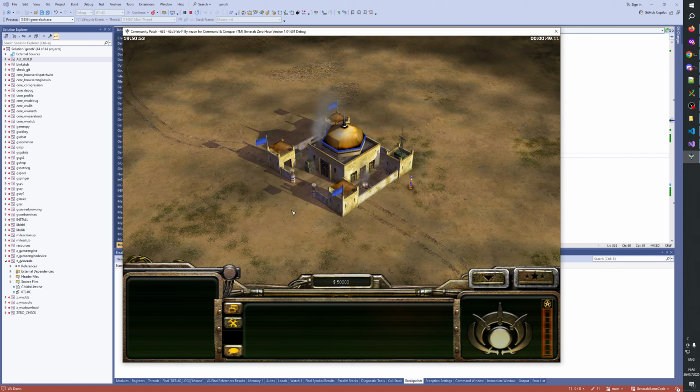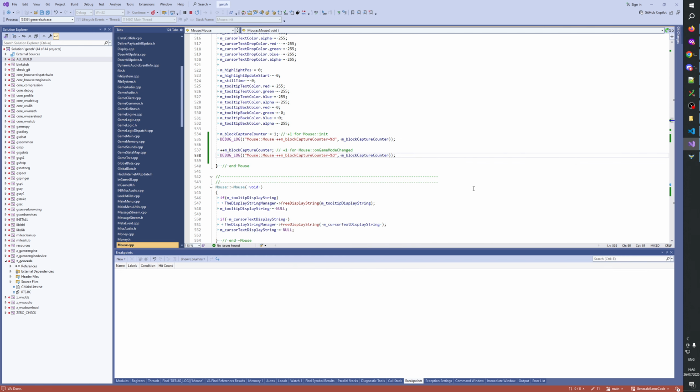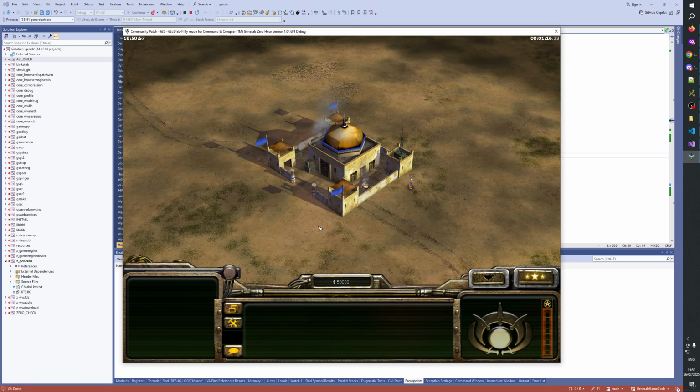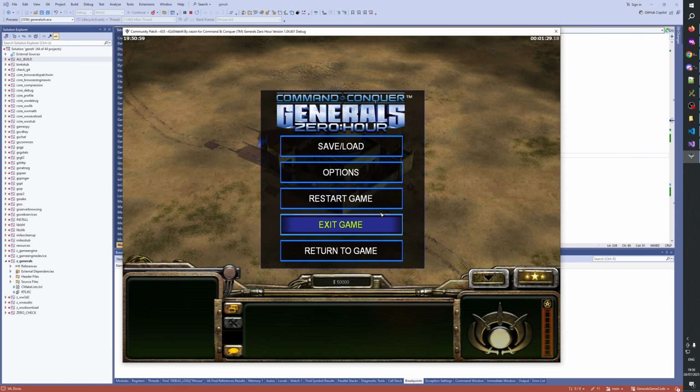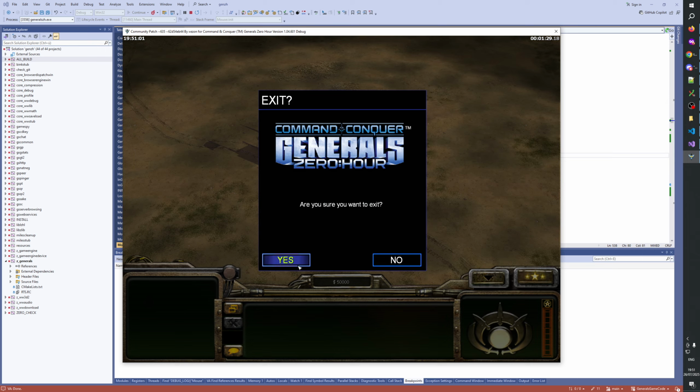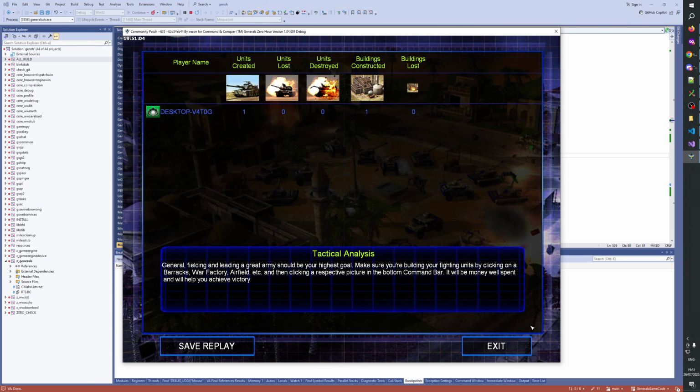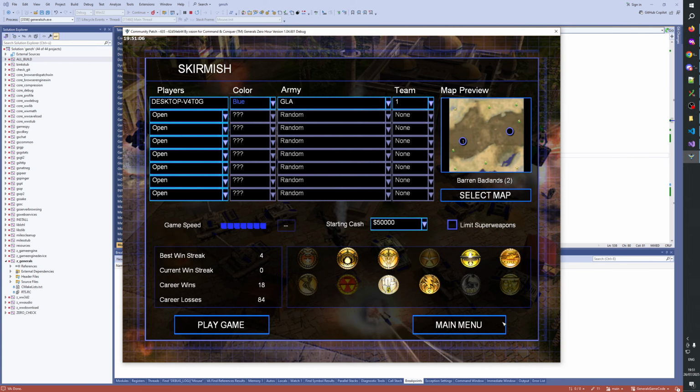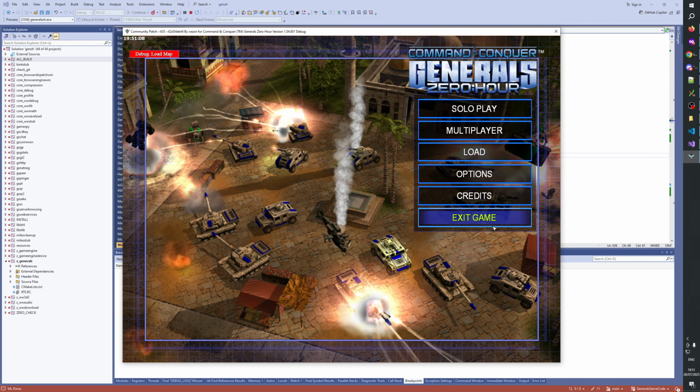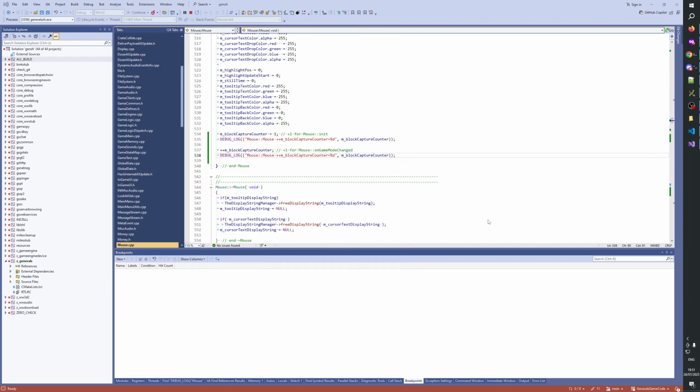Pausing, okay, tap out, tap back in. Yeah, okay, so it looks like it works properly. I'm still a bit skeptical though. Let's check the log.